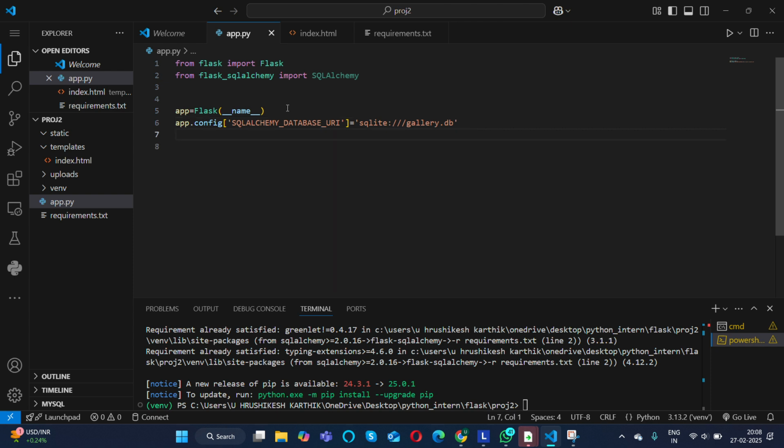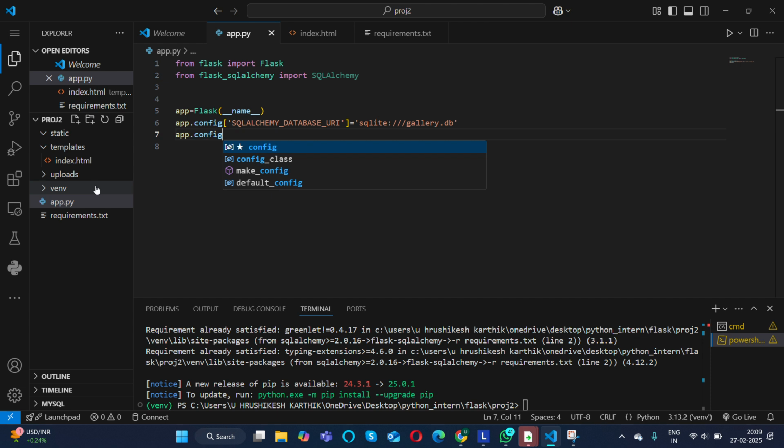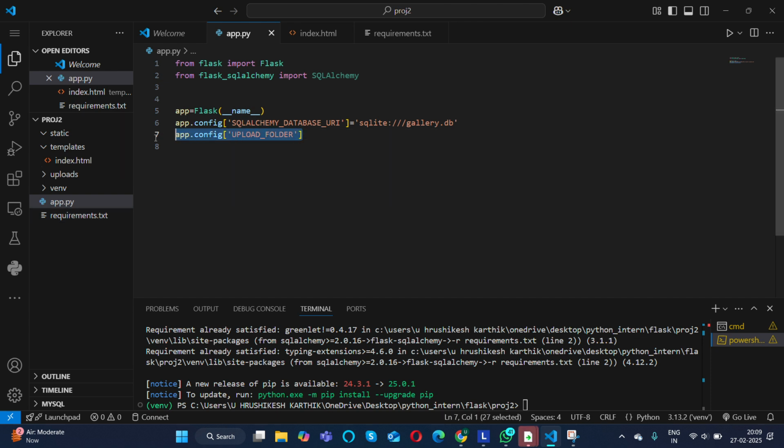And what next? As we are dealing with images, we need an uploads folder, right? I have already created that, but I need to specify it. So for that I should write app.config upload folder. In the previous class I haven't used any image, so that's the reason I didn't use this statement.